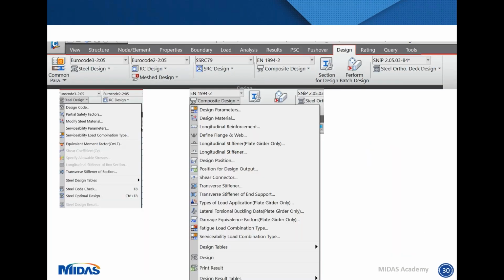So as I said earlier, the two main elements that we used within the design of this structure were the steel design module and the composite design elements. I'm quickly just going to briefly discuss the steel design module side of things, and then I'll end on defining the composite aspects of it. These are the two menus that you have available to you, and as you are using them, it's simply a case of working your way down the list.